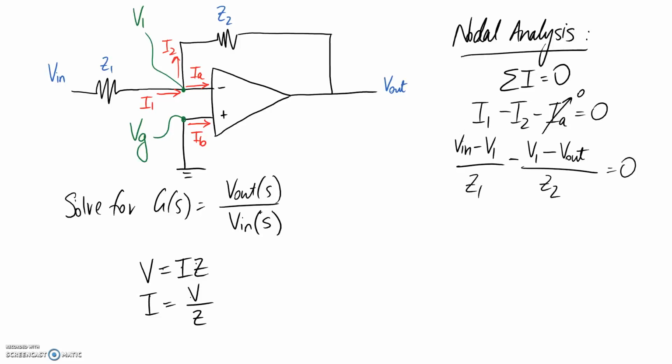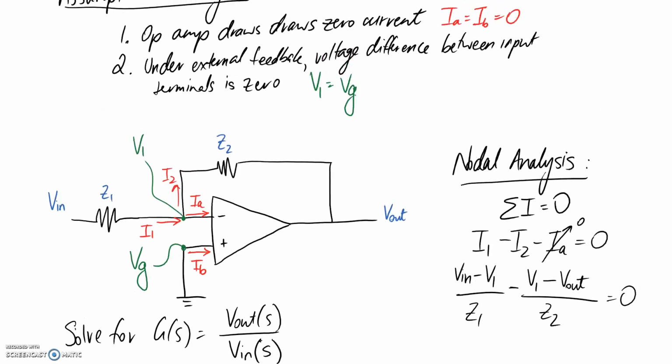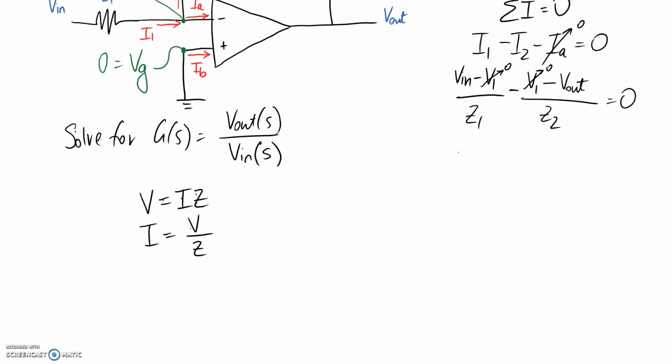Now we can use our second assumption to simplify our equation. So our second assumption is that V1 is equal to Vg, so these two are equal. And what we know from looking at this diagram is that Vg is basically going to be the ground voltage since they're connected together. And we know that ground is considered to be 0. So if Vg is equal to 0, V1 is also going to have to be 0 from this relationship. So we can get rid of both of these terms. So all that we're left with